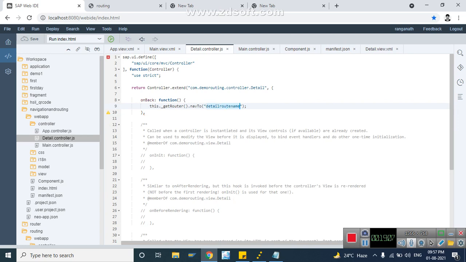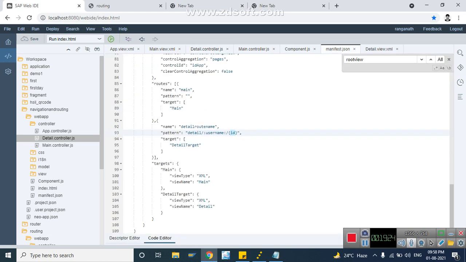We just need to pass only the first route name. So the nav2 method's first parameter is the route name. Which route name do we need to pass? I mean, where do we want to go? We want to go to the main view. So in the main routing, which is the route name? This is the route name. We will have to give the route name.